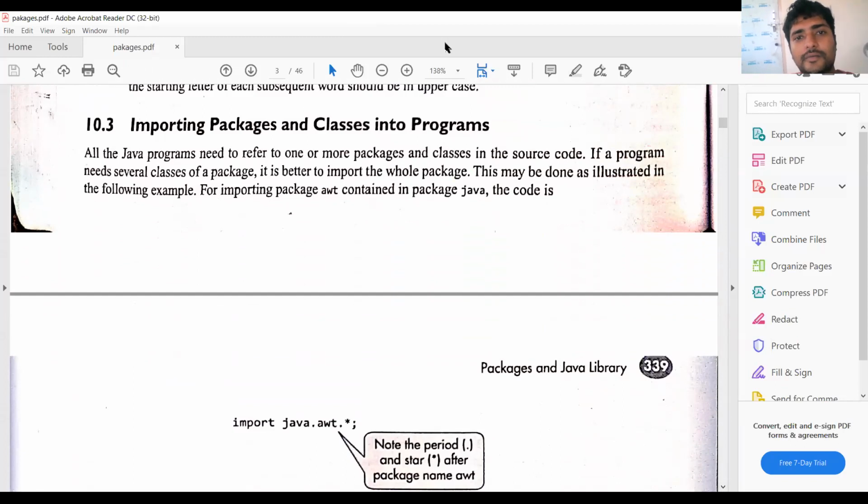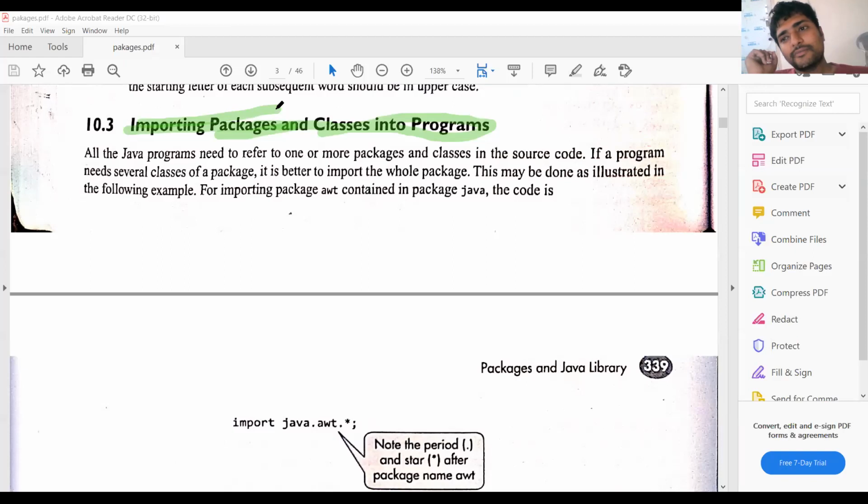Next one, importing packages and classes into the program. If you want to write any program, you will start the program with the class keyword and class name. Within that we can write the methods and logic and everything.